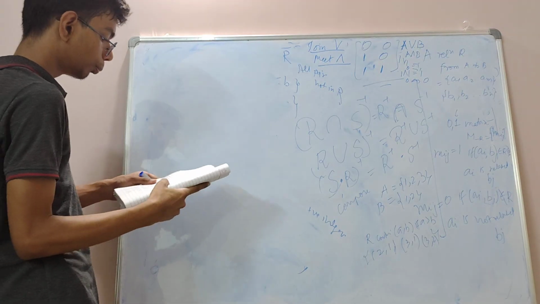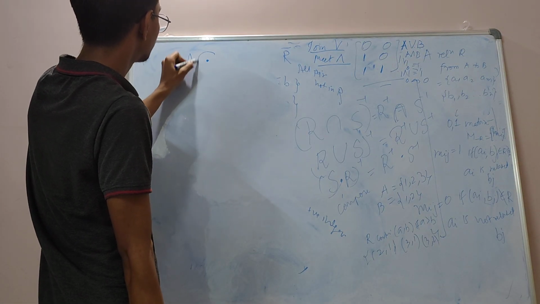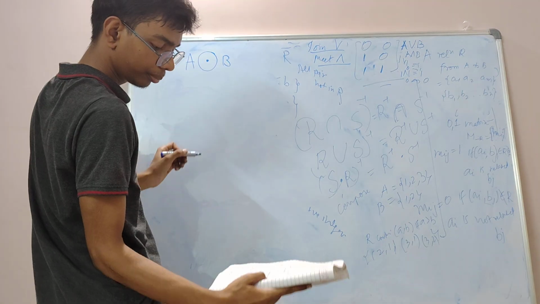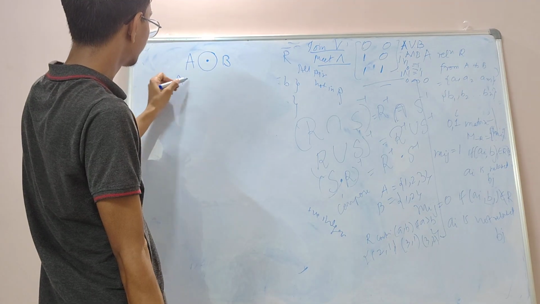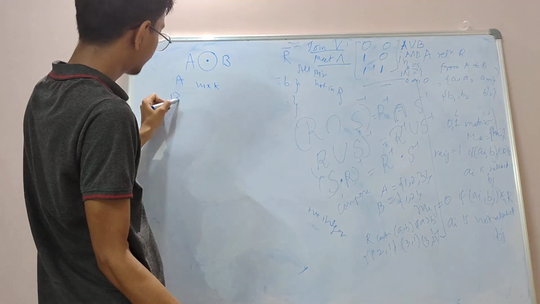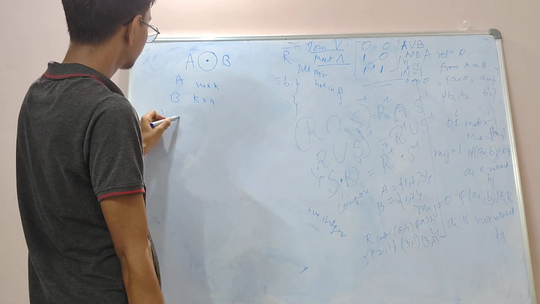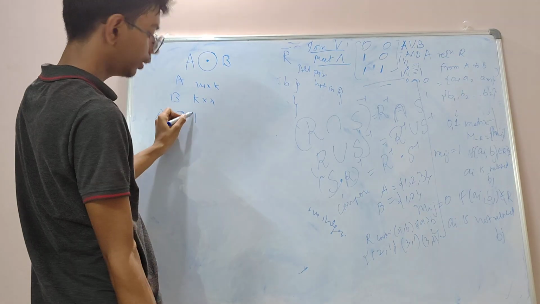Now suppose I want Boolean product, right? That is denoted by A, a big circle, and then B, right? And suppose A matrix is M cross K, B matrix is K cross N, and A Boolean product with B,